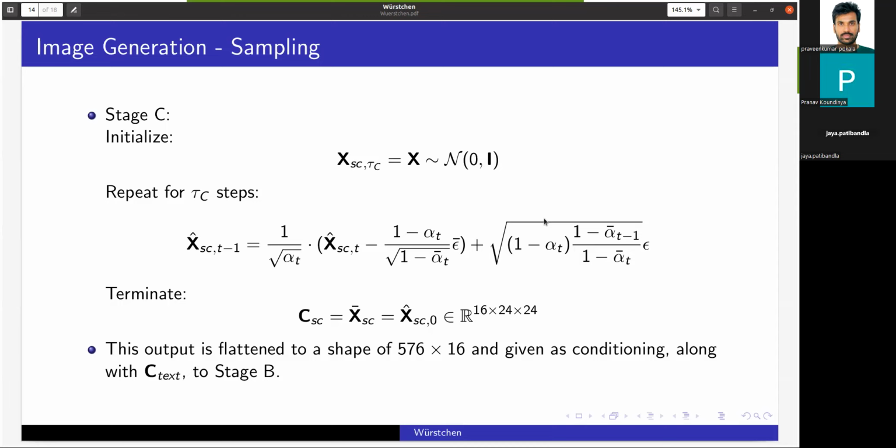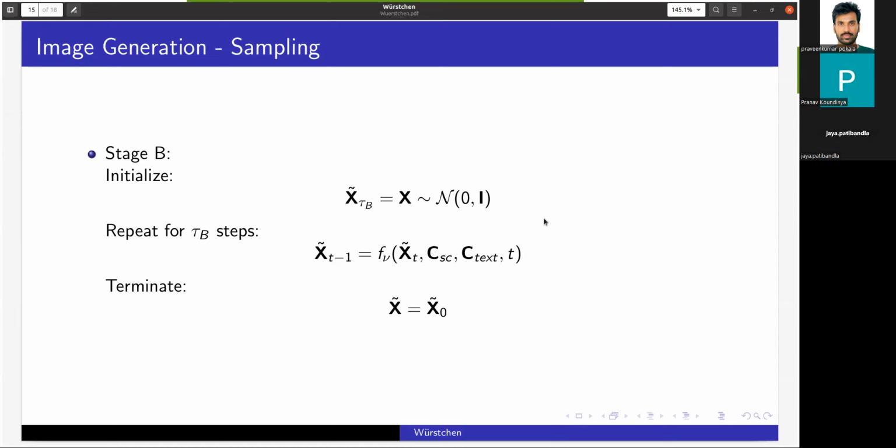Now this latent representation is concatenated along with the text conditioning and given to stage B in order to guide the stage B process. And then stage B again randomly samples a latent space vector of size